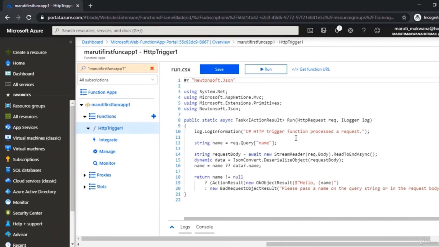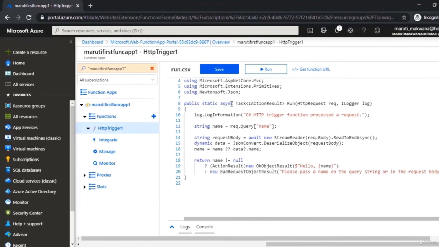My function is created, and you can see this is the HttpTrigger1 function inside this list of functions, and it has some basic C# code inside. As you can check, we have libraries which are coming from .NET Core, and also some libraries which are NuGet packages, as well as System.Net, which is a .NET library. We can use .NET, .NET Core, or any NuGet package which is based on C# in this particular code.